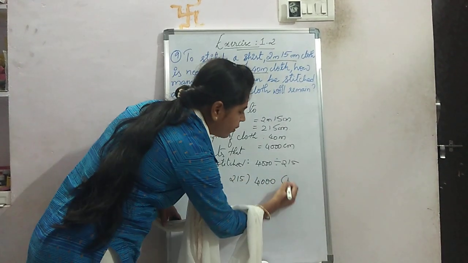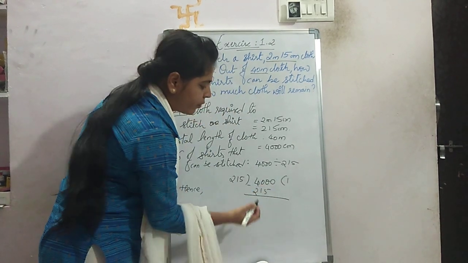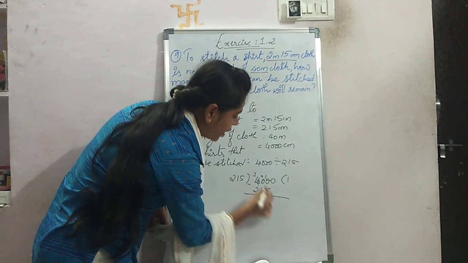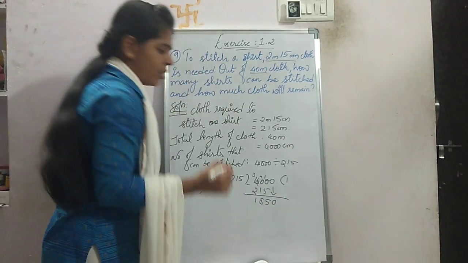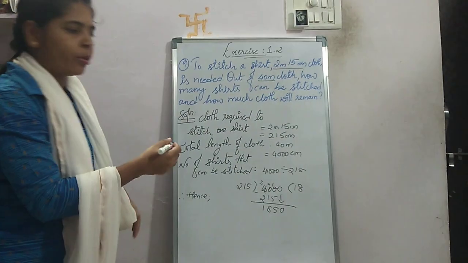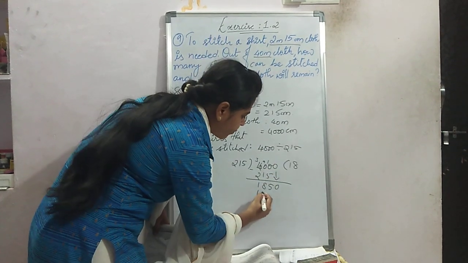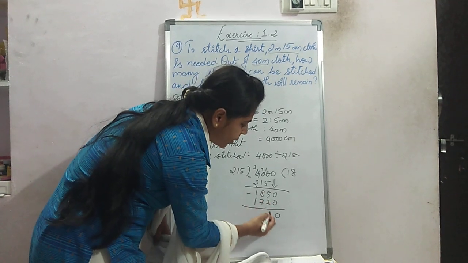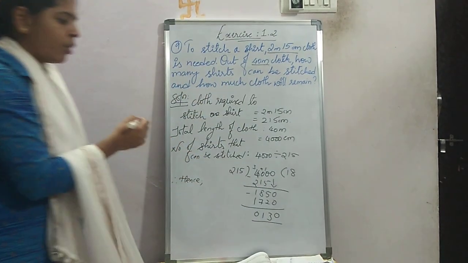So 215 ones are 215. And as you know, 0 minus 5 you can't do, you have to borrow from the previous number. So 10 minus 5 is 5, 9 minus 1 is 8, 3 minus 2 is 1. So 0 comes down, right? Now for the next number, you have to see the tables, you have to see the calculation. I am doing it directly, you can calculate and do the calculations, right? So now it is 1720. 0 minus 0, 5 minus 2 is 3, 8 minus 7 is 1, 1 minus 1 is 0. So 130. You got that 130.